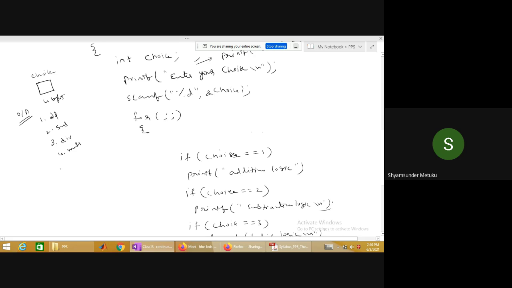Then it will print enter your choice. Then you might type any value. Assuming case 1, you're typing 1, followed by enter. The moment you type enter, because of the for loop, which is an infinite loop, it will enter the loop. Then choice is updated after you enter your choice. The choice is updated to 1 here. So 1 double equal to 1, true or false? It is true, is it not?